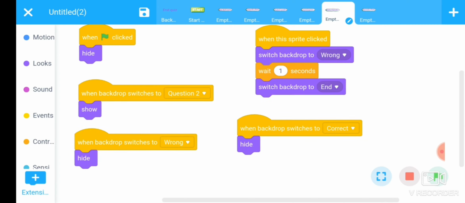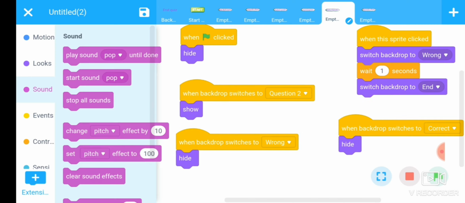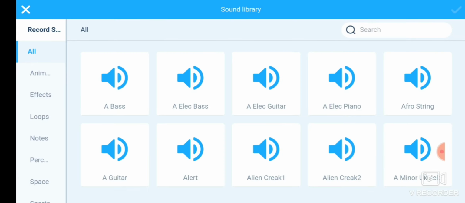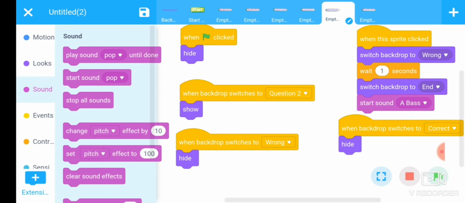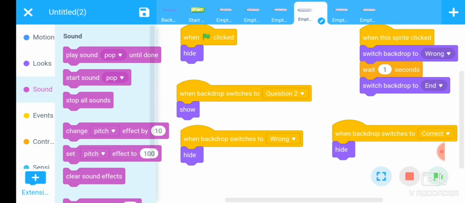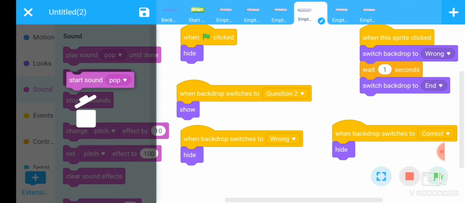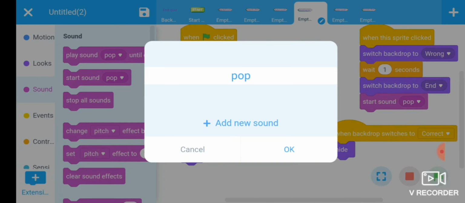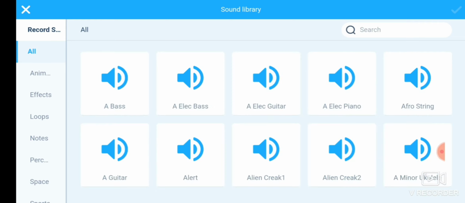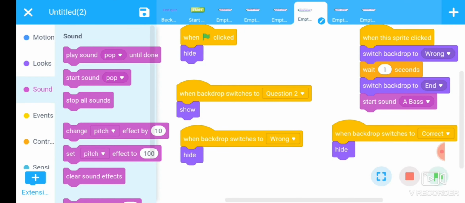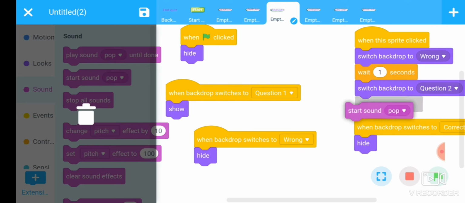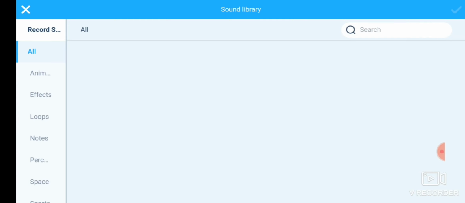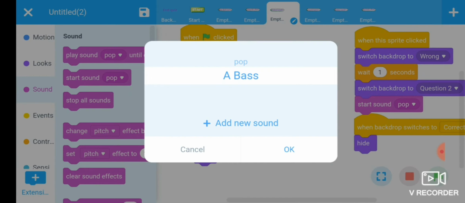Okay, again go to sound. For wrong answer, use this sound. You can use any sound here, but I just want to show how to add the sound. Then okay, as same here, go to sound option and select the sound, any sound you want to add here, select it.